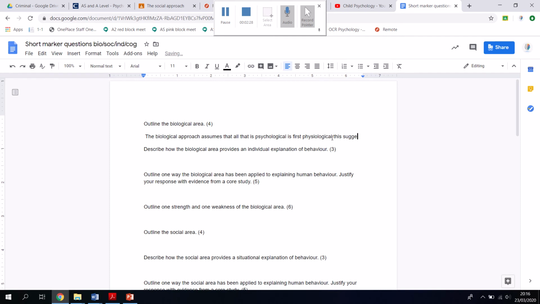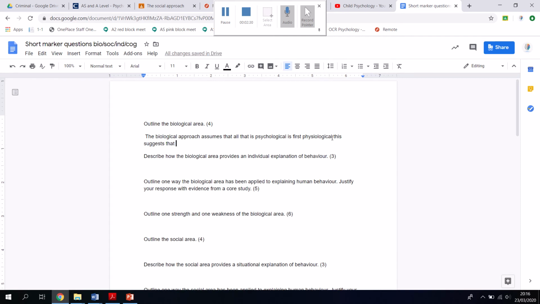So you could say this suggests that all thoughts and behaviours appear to have a biological basis, either through, or you could put, for example,